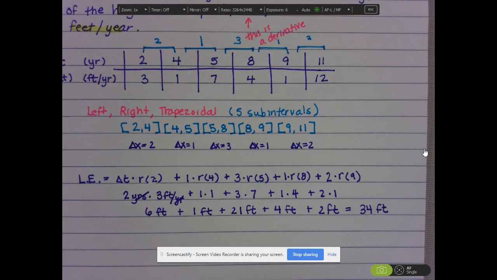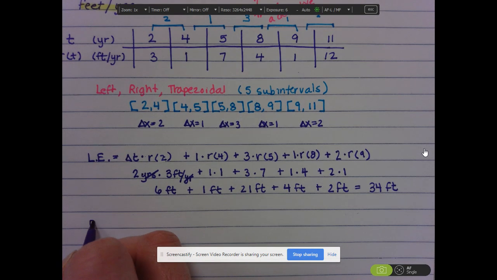An accumulation, in this case of our actual growth. So we know the rate at which we were growing, so it actually tells us our overall growth. Between year 2 and year 11, we can say that this plant grew a total of 34 feet. So our right endpoint approximation,